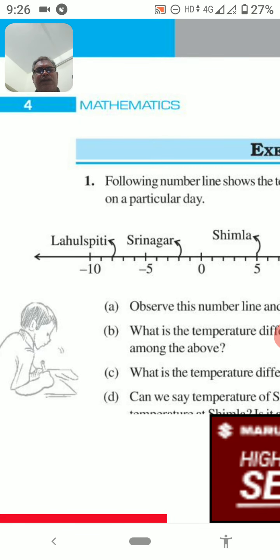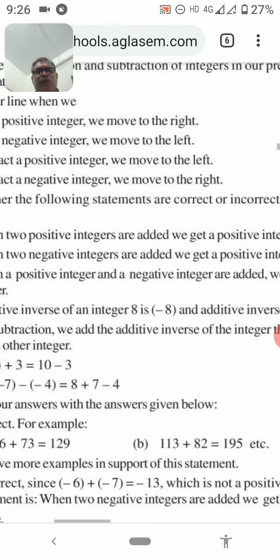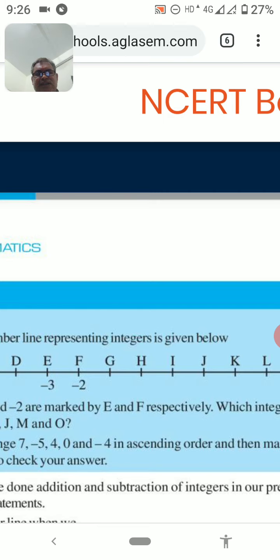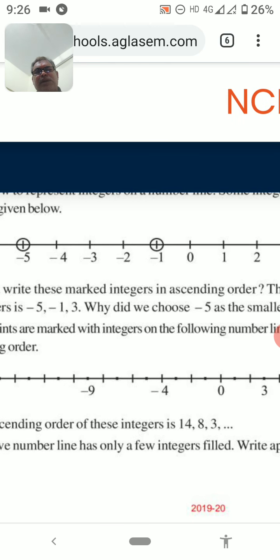You know that students, when we studied the number line in class 6, as you know, successors and predecessors. And using those successors and predecessors you can easily understand this. See, what is the successor of 2? 3. What is the successor of 4? 5. What is the successor of 0? 1. What is the successor of -1? 0. Then what is the predecessor of 0? -1. Then what is the predecessor of -1? -2. Then in this way, on the left side there are predecessors and on the right side there are successors.